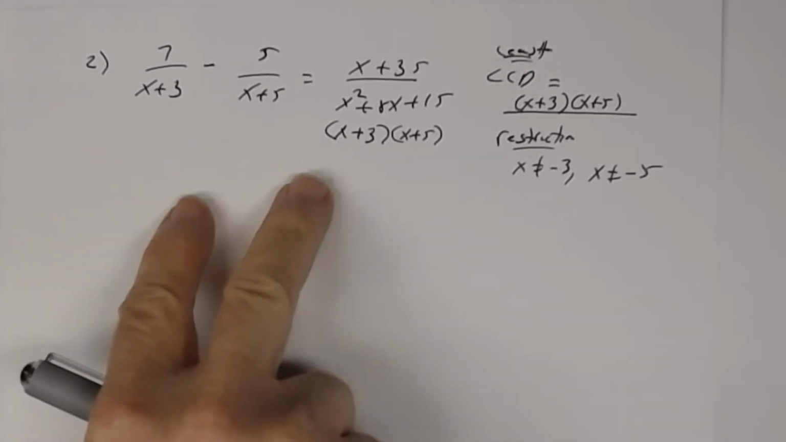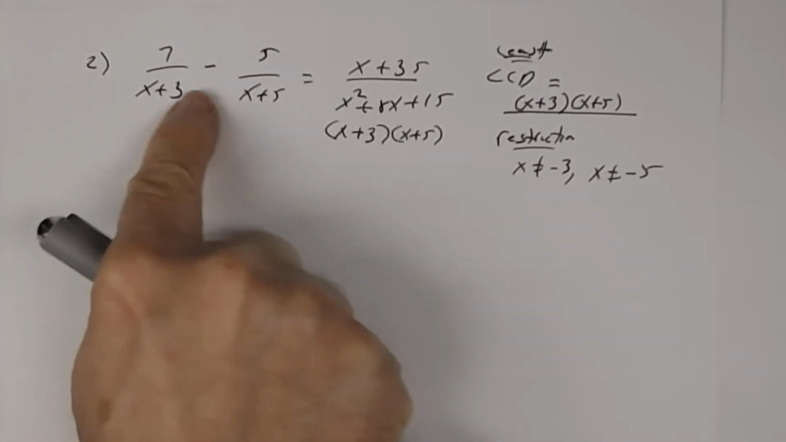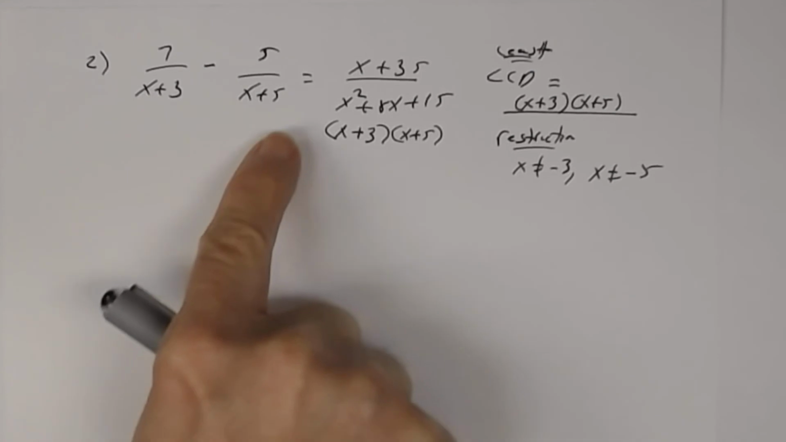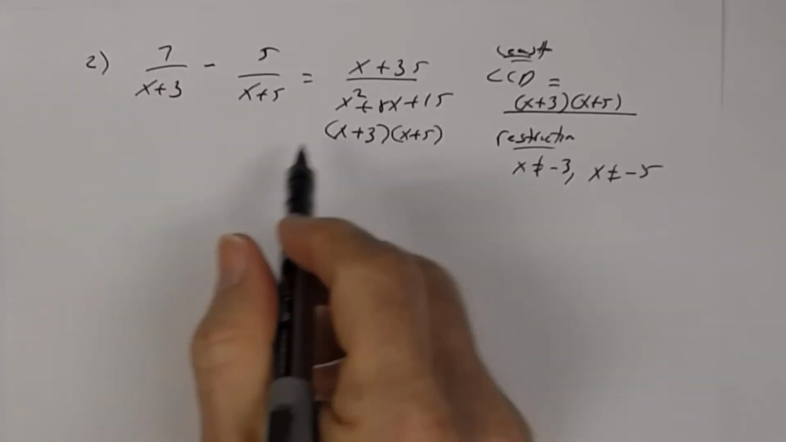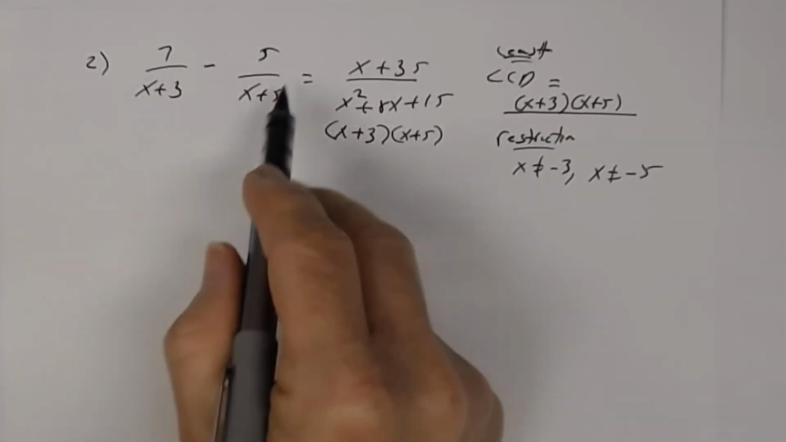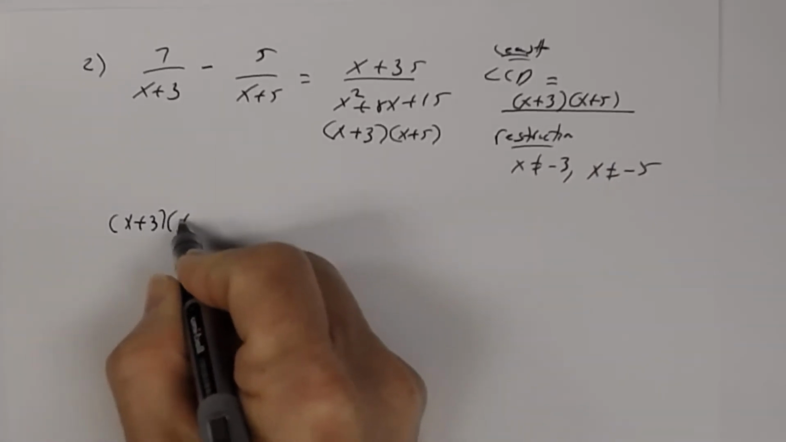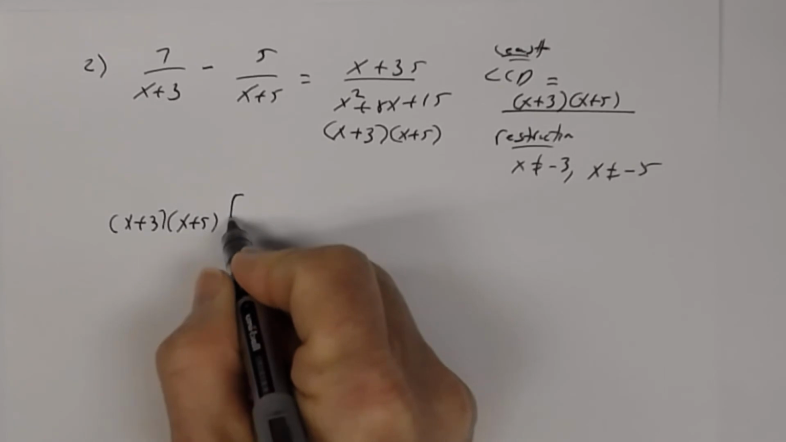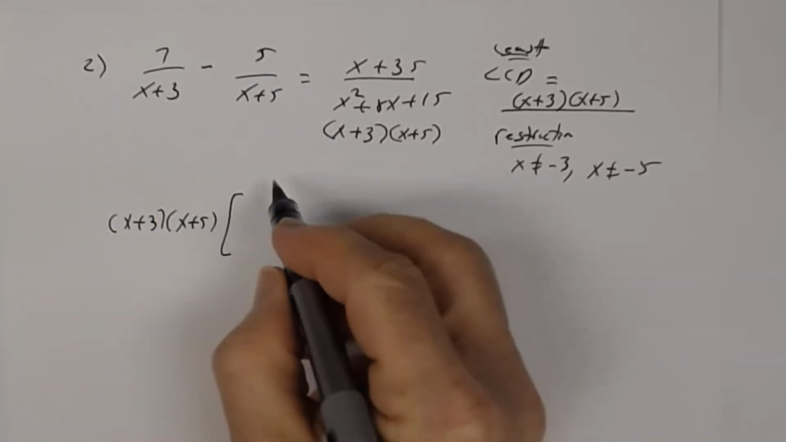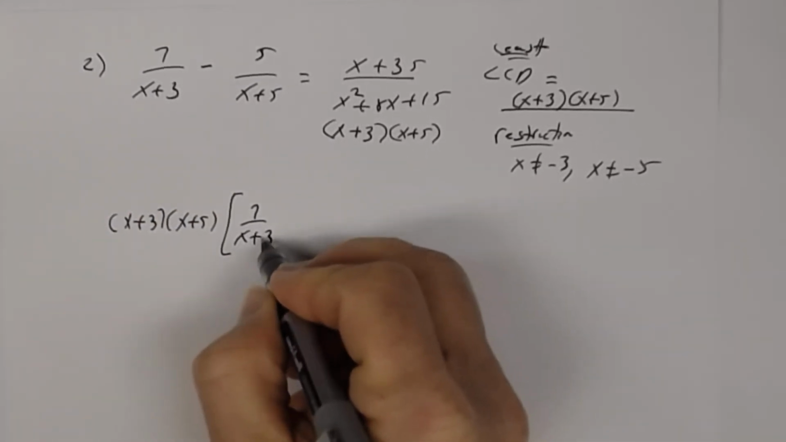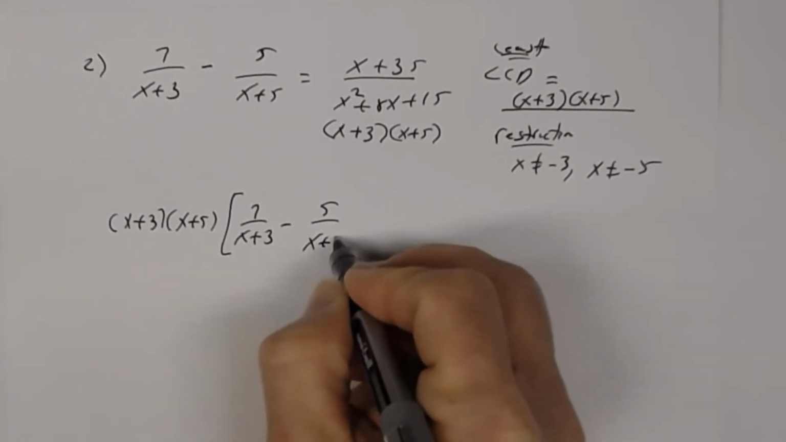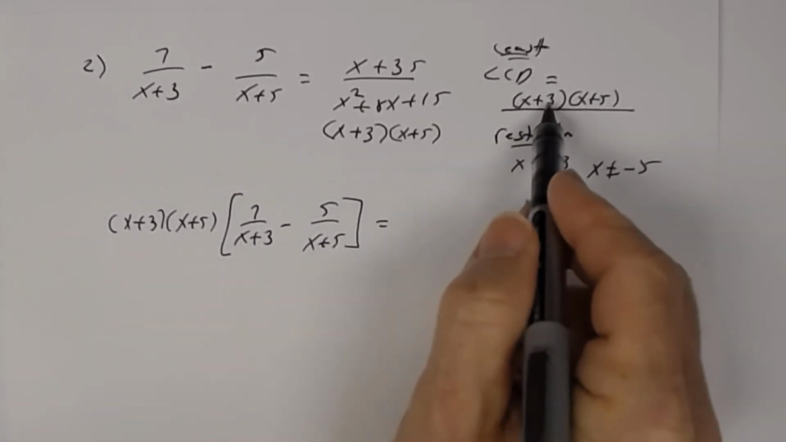Okay, now listen carefully to this. It'll be a little bit more work because you have two rational expressions here. So since there are two here, we're going to put that in parentheses. And so I'm going to say this times this. So the LCD, x plus 3 times x plus 5, times the left-hand side: 7 divided by x plus 3 minus 5 divided by x plus 5, equal, and then the LCD times the